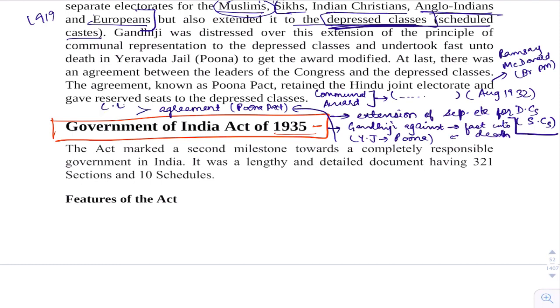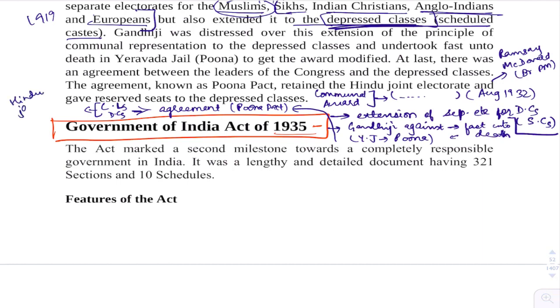Congress leaders. If you have read your modern Indian history, tell me that which personality represented the Congress leaders and went into this talk with Gandhi ji for this agreement, Pune Pact. Leader का नाम बताइएगा. So Congress leaders, and you would say agreement between the leaders of the Congress and the depressed classes. ठीक है. So basically गांधी जी के साथ वो चीज साइन हुई थी, तो पूना पैक्ट का जो इन्फ्रेंस मतलब जो रिजल्ट आया, that was आउटकम आया,